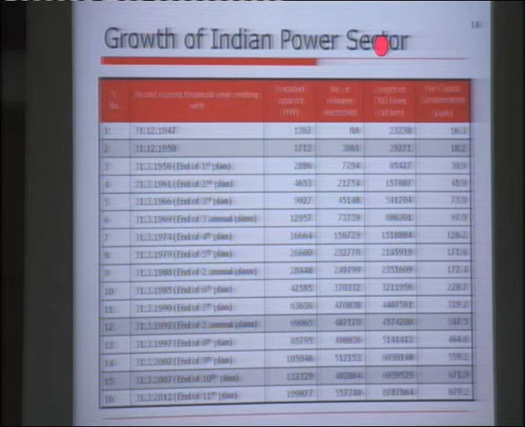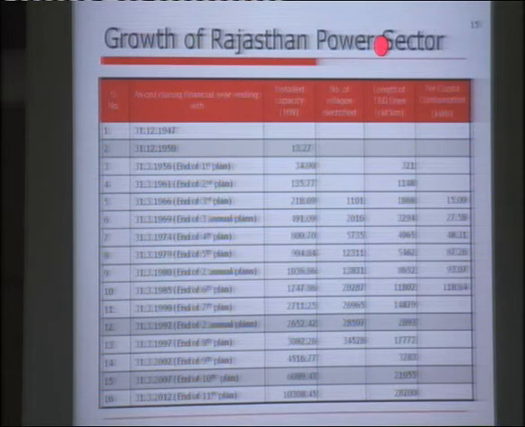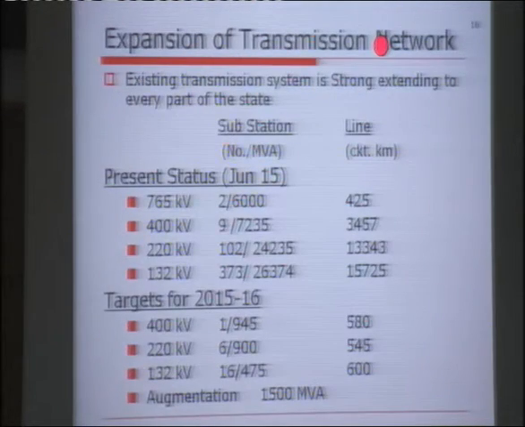This is the Indian power sector institutional ecosystem, how our Indian power system is working. These are the various bodies coordinating with each other: generation, transmission, distribution, and private discoms. We have 400 kV system also, 220 kV system also, 132 kV system also, and it's expanding rapidly. These are the targets for this coming year.